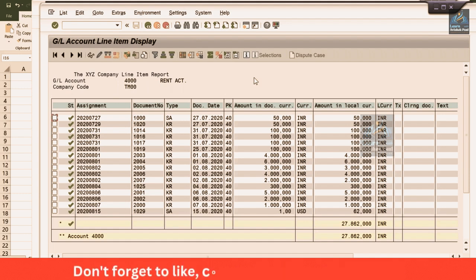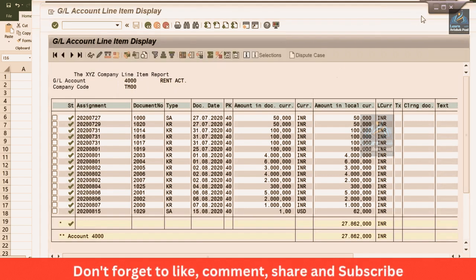Now here, I'll just do one thing. In the next session, I'm going to explain this translation ratio. What is the logic behind this translation ratio? In which case are we going to maintain 1:1, in which case are we going to maintain 1:10 or 1:100? What is the logic behind that? That is going to be explained in the next session with a very simple example, so that you guys will have a perfect